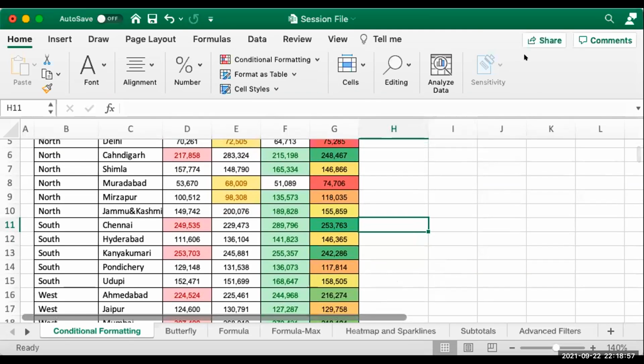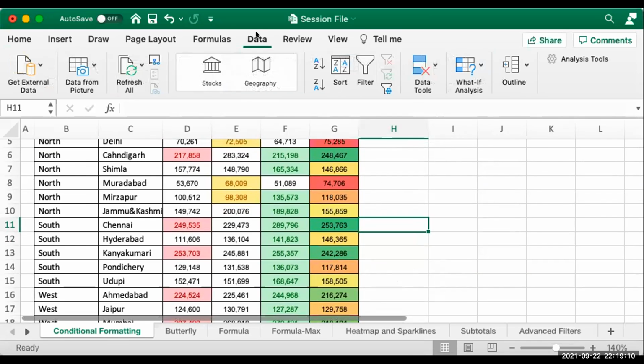Here. Can you see? Yes. Okay, can you click on this Data tab? Oh yeah, here you have it, right? Okay, yeah. Thank you.